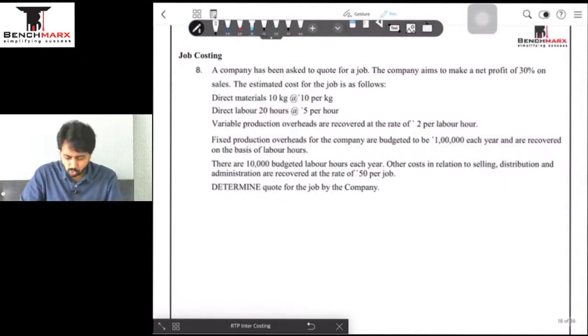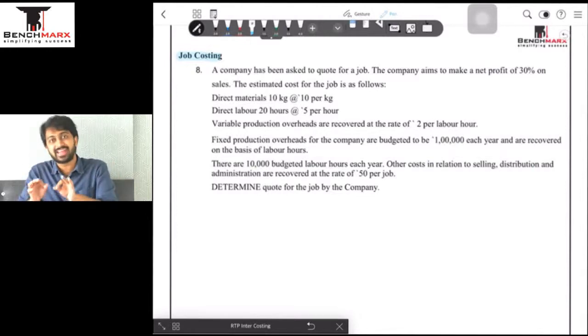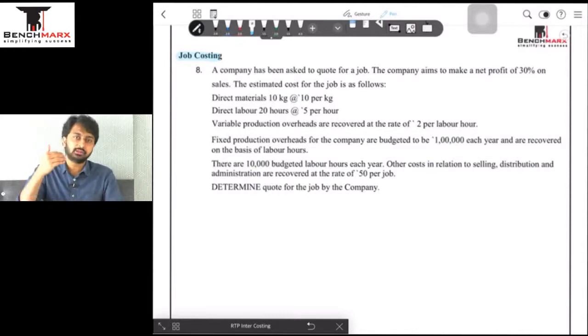Now job costing में कोई नया concept नहीं है. It is nothing but a simple cost sheet, just that we are not making the cost sheet for units. We are preparing the cost sheet for one particular job. So अपने को उस particular job के ही details दिए होंगे. So all we have to do is take the details from the question and prepare the same statement as per the cost sheet format. Just that ये goods के लिए नहीं है, ये एक job के लिए है. And frankly a job can be for 10 goods or 15 goods and that's it.